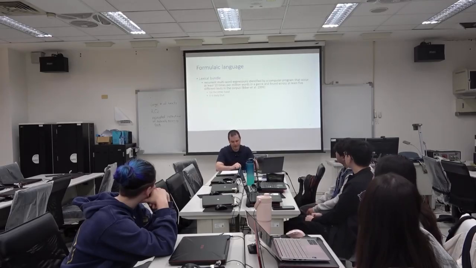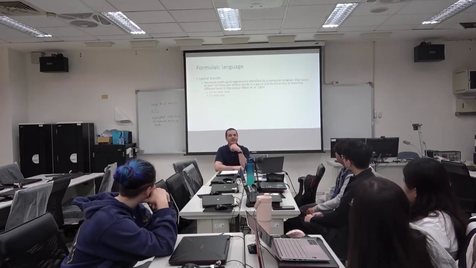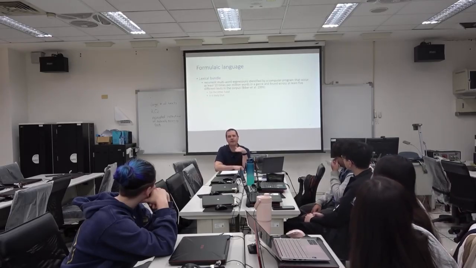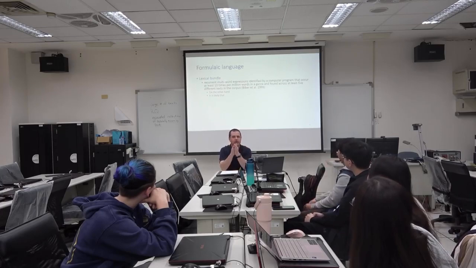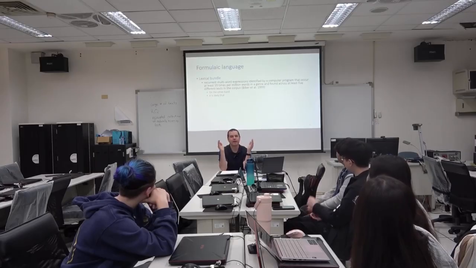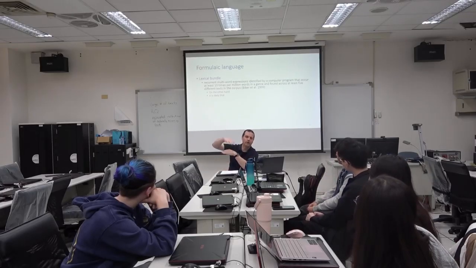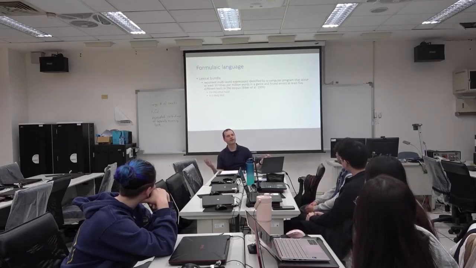Then other types of formulaic language are lexical bundles, and these are measured by frequency thresholds. You take a chain of 3 or 4 words and you search them up in a corpus, and do they happen more than, for example, 10 times per million words? If they happen more than 10 times per 1 million word stretch, then that would be considered a lexical bundle.